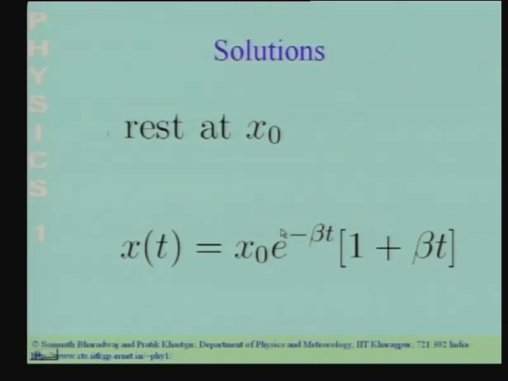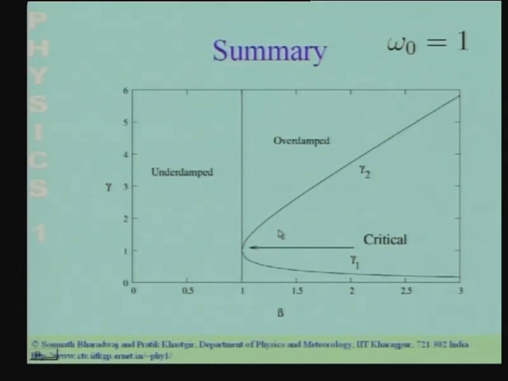So, if you would like to design your door shutter so that it shuts in a reasonably small time, you should choose the value of beta to be close to the critical damping situation. The critical damping situation is the one where the system comes back near the equilibrium position the fastest. Whereas if you have a very high damping, the system will take a long time to come back to the equilibrium position. It may even get stuck. It will essentially be stuck far away from equilibrium, and the e to the power minus gamma 1 t term will decay very slowly as it tends to equilibrium.